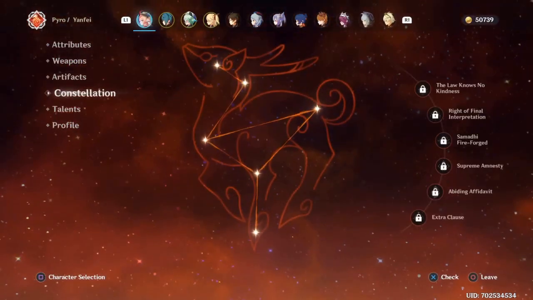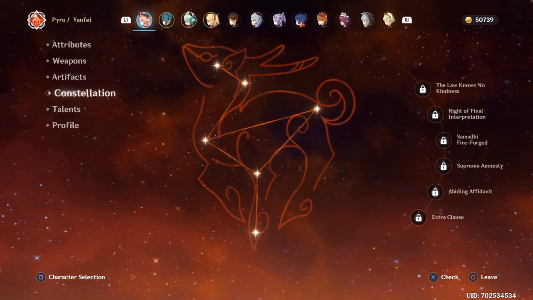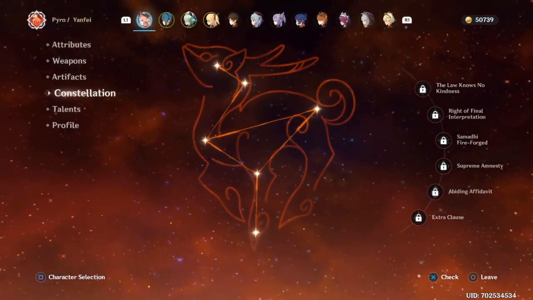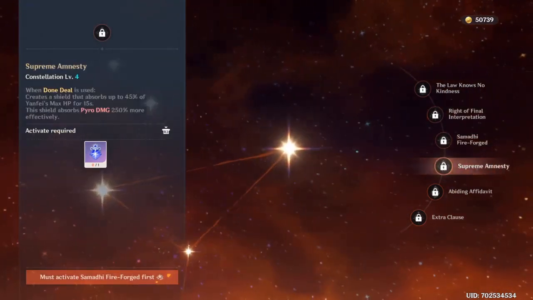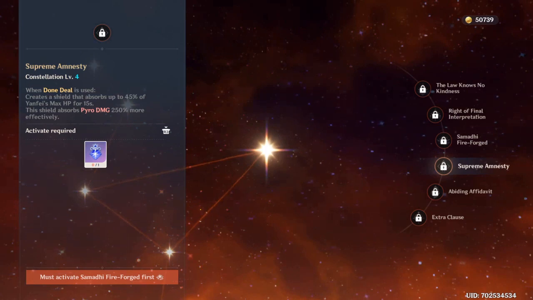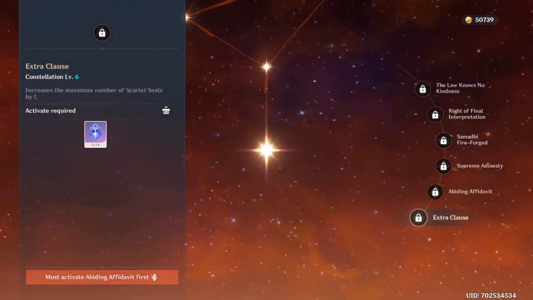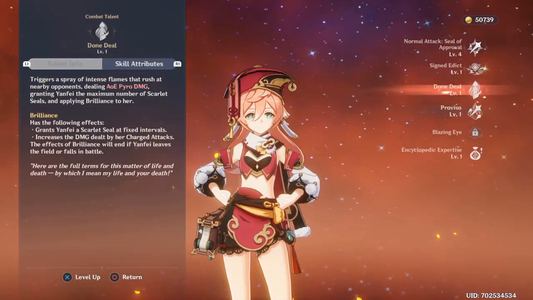My constellation on the Yanfei is 0. I don't have Primo Gems, obviously, like nearly every player. Yeah, but if I get more constellations for her, I will do another video, and talk about what are the benefits of the constellations and if it's worth it to go for the constellation. My talents right now are not that high in the level,